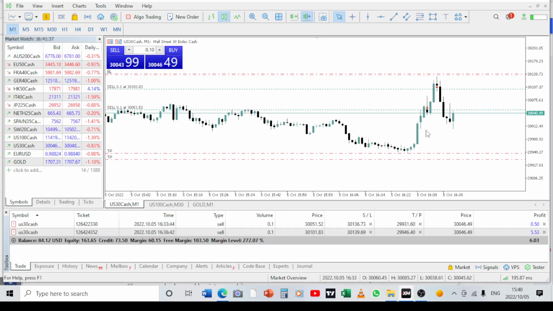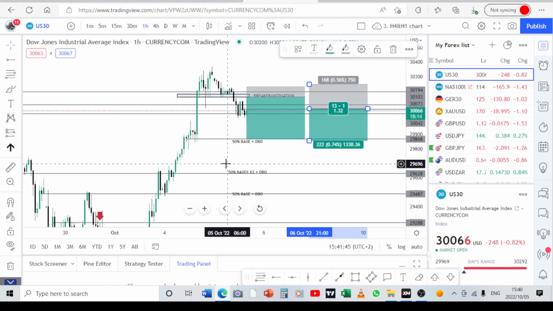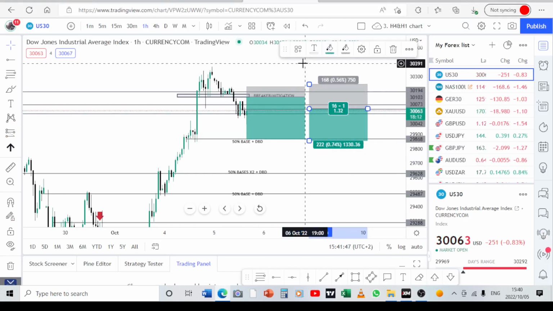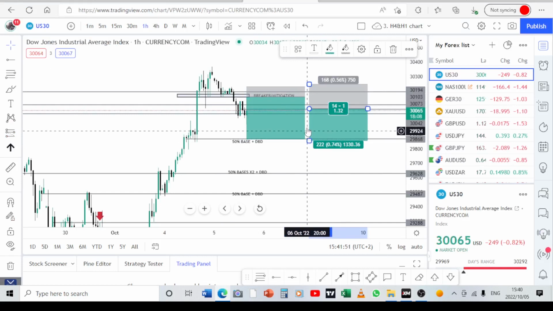Yeah, let's just wait and see if the price can hit this point right here. 50% is going for 50% of this base. Let's see what will happen on that one. What is our target area? So we'll target the first area like here,